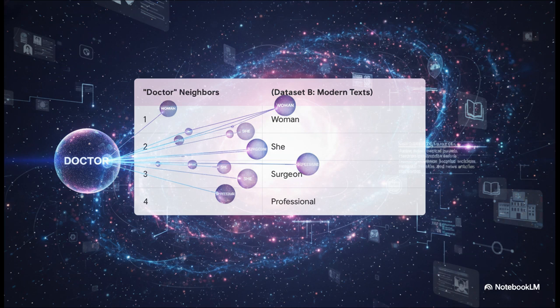So let's see what happens when we swap the data again. This time, we'll train the model on modern medical journals, hospital websites, recent news articles. The neighborhood around doctor completely transforms. Now you see words like woman, she, surgeon, and professional getting pulled in close. The position of doctor has physically moved to a new region of the map, one that reflects a very different